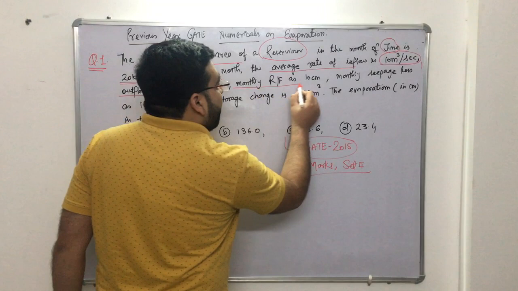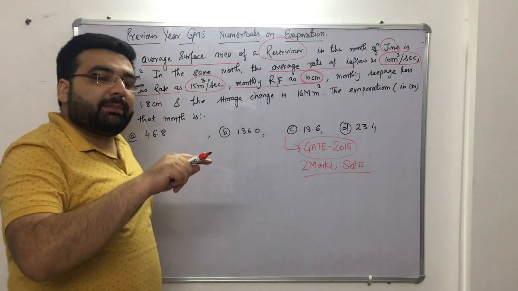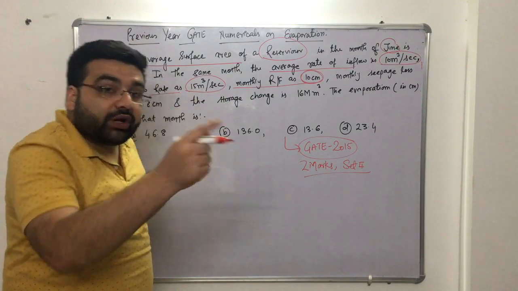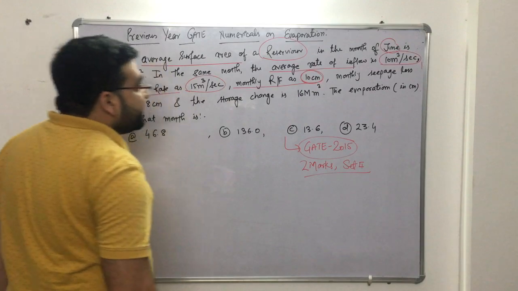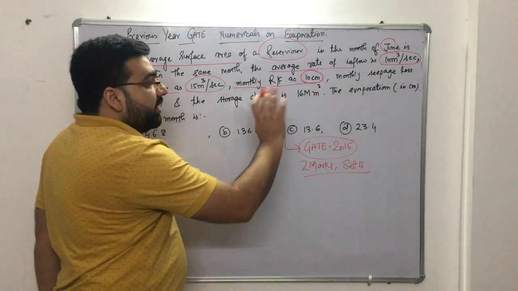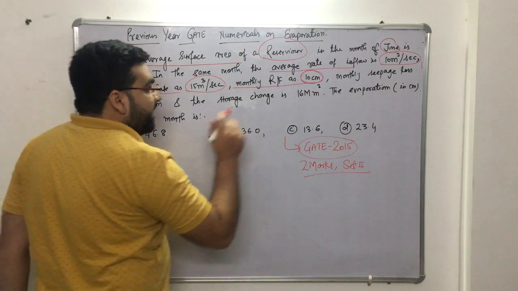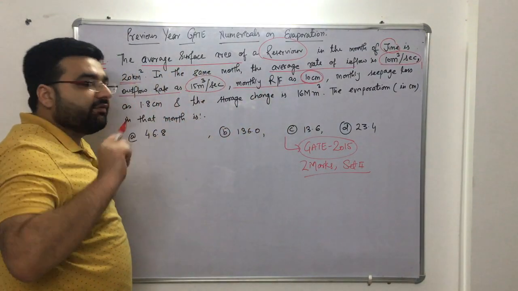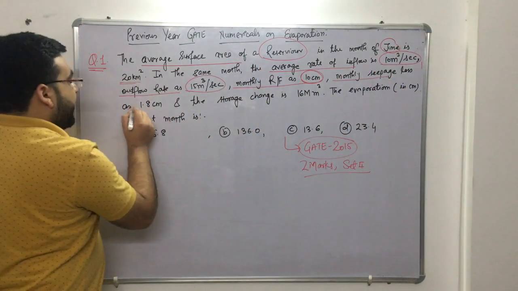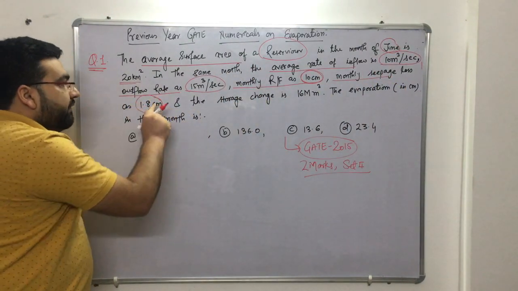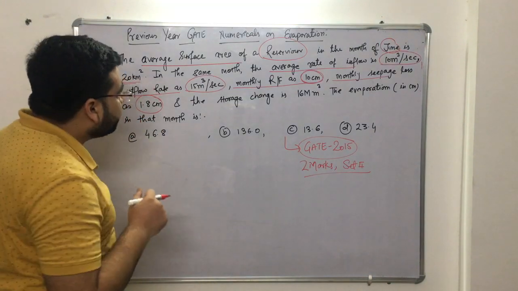And monthly rainfall as 10 centimeter. So rainfall, the precipitation, will be an inflow or an outflow? Obviously it will be an inflow, right? Now it is in centimeter, nothing like per hour, per minute is given, only centimeters, which means the depth of the rainfall is given, average depth. Monthly seepage loss as 1.8 centimeter. So will it be the inflow or the outflow? It will be losses, so a type of outflow, right?